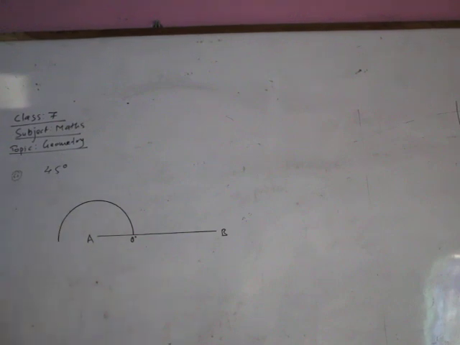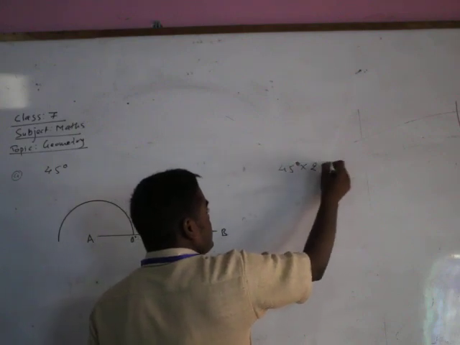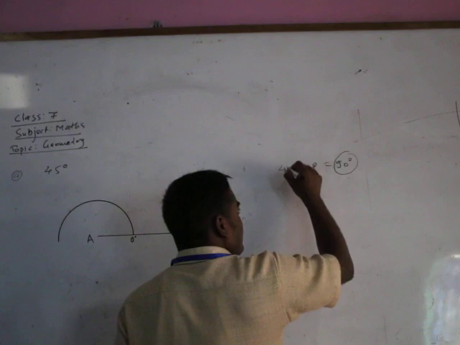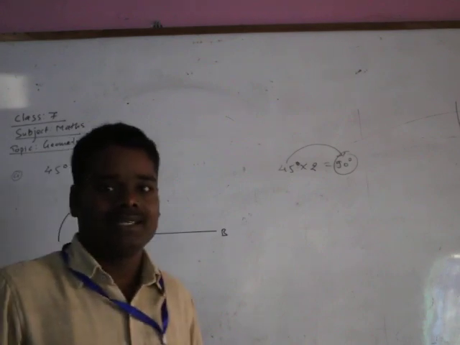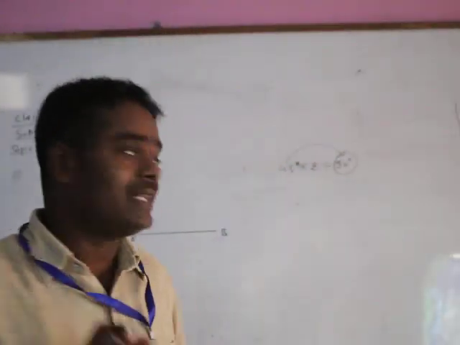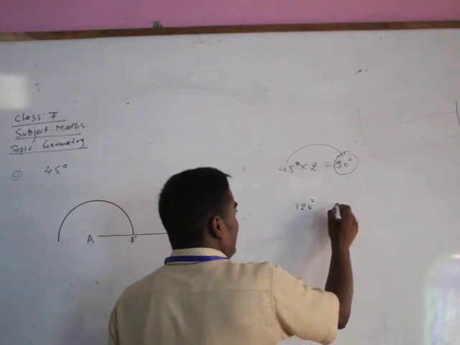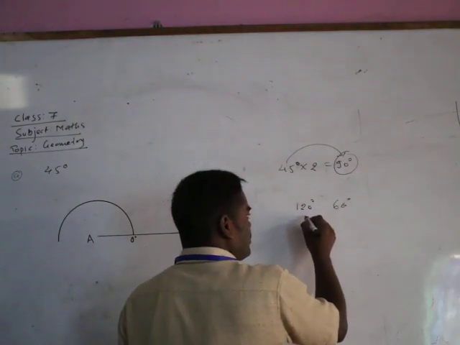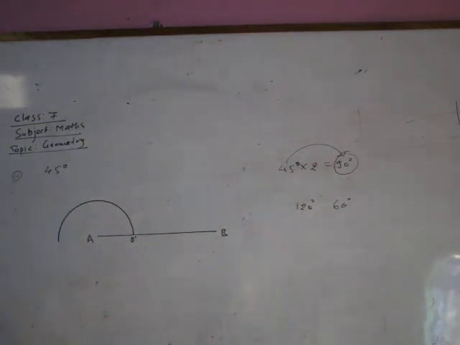0 degree, and then we have to construct the angle 45 degree. If you multiply 45 degree by 2, what is it? 90 degree. It means 45 is the half of 90 degree. So to construct 45 degree with the compass, first you have to construct the 90 degree angle. And you know that the 90 degree angle lies between 120 degree and 60 degree. Understand? So first we have to draw the arc for 60 degree, and then 120 degree.